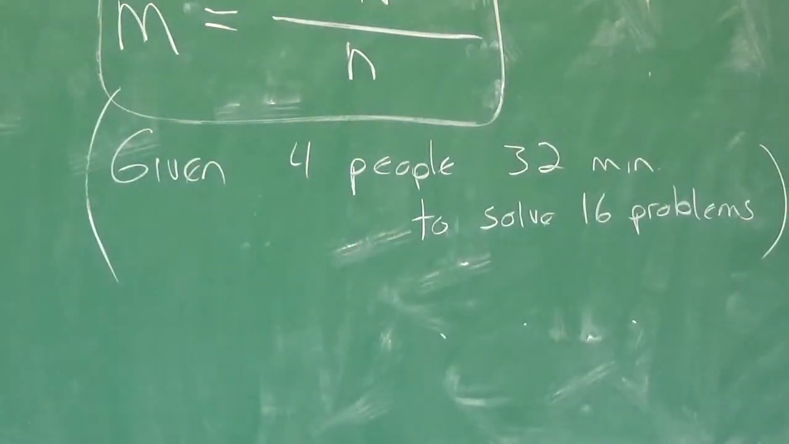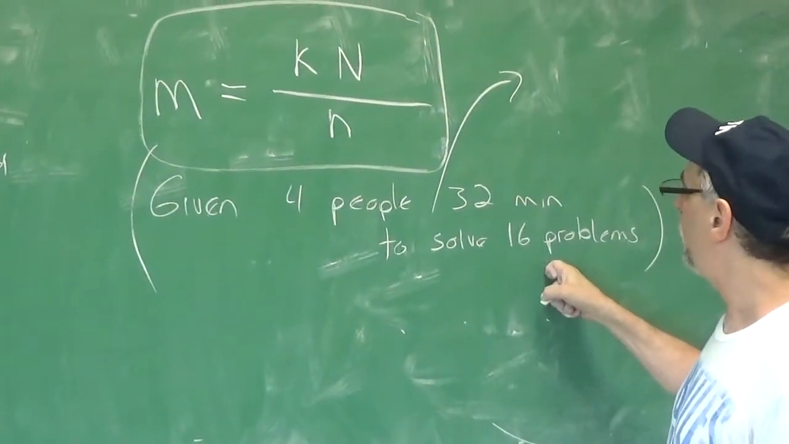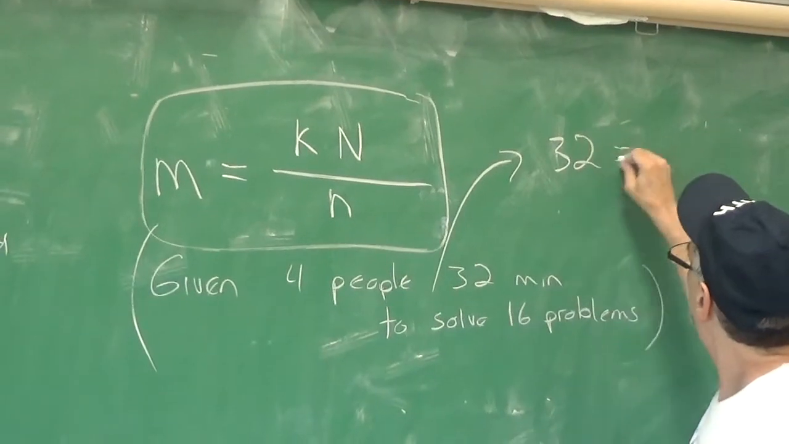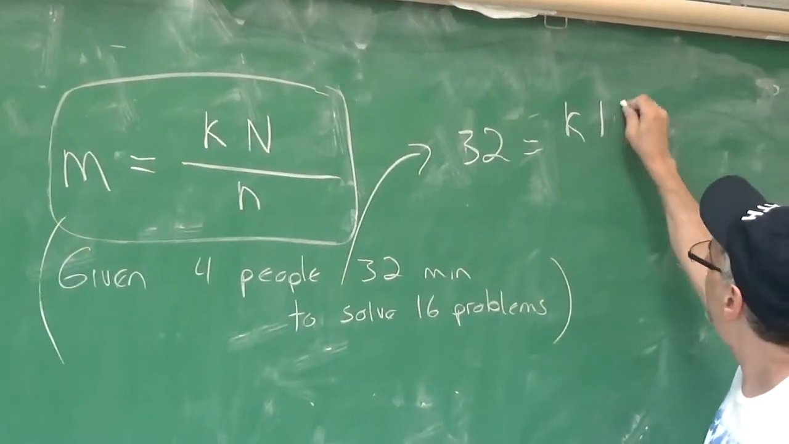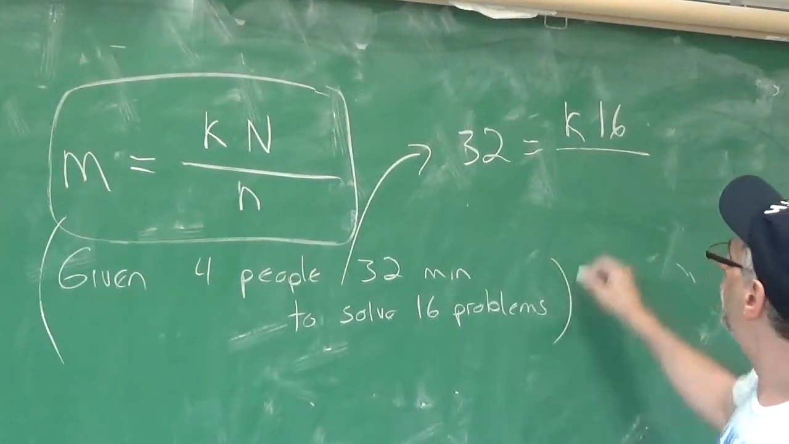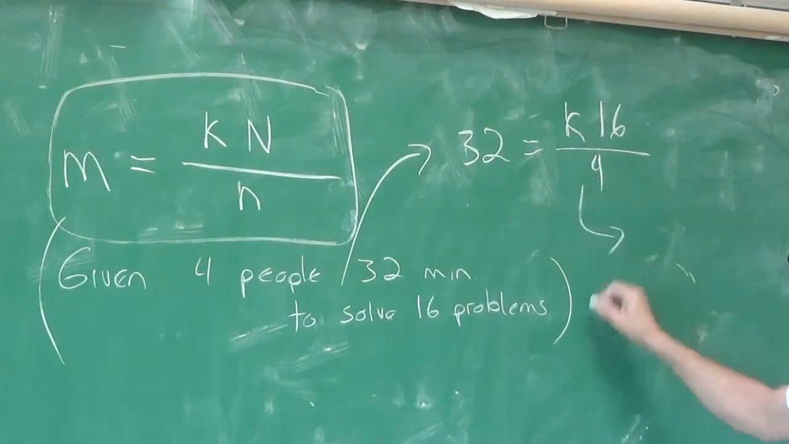And that's going to allow us to solve for K, right? So we use this information here, and we say the number of minutes is 32, when the number of problems is 16, and the number of people is 4. And that's going to let us solve for K. If we multiply both sides by 4, we'll get